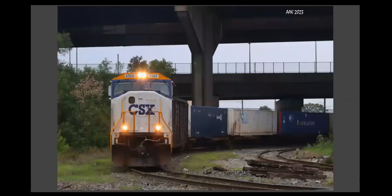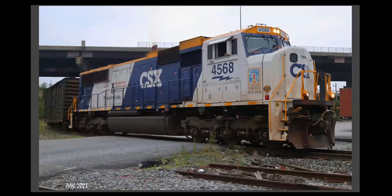Now I've repositioned to Newkirk Street, so it's just a little bit to the west. So he is still working the yard, and he's going to make a long cut right here. So he's able to get down to Newkirk Street. And this is a telephoto shot of him on the apex of the curve at Newkirk Street. And here's a wide angle shot of him coming around